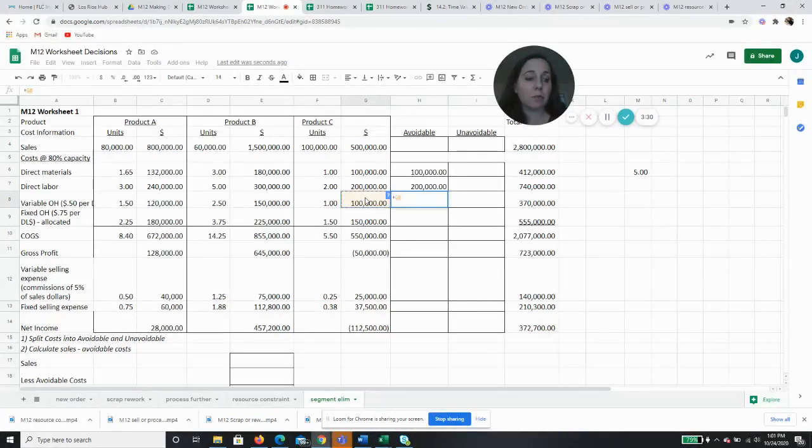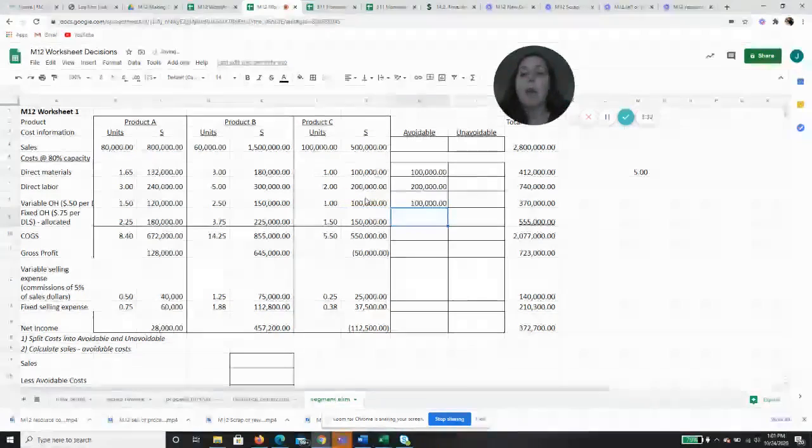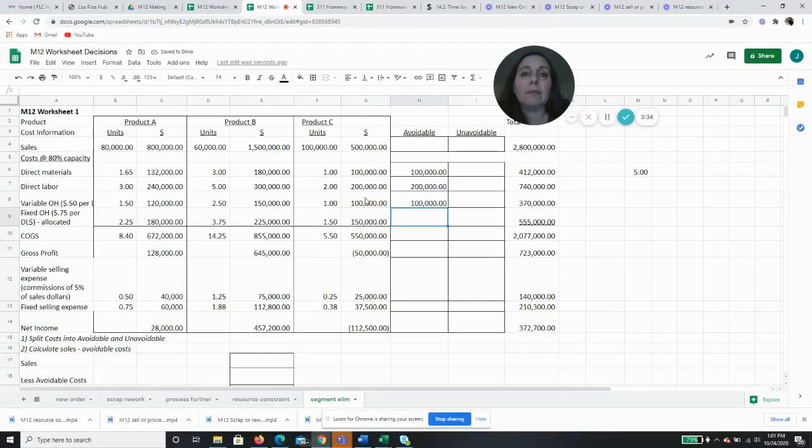And our variable costs are basically always going to be avoidable. What about our overhead? Okay, so if our fixed overhead is things like the overall rent on the facility, or depreciation on shared resources, or the plant manager's salary, I am going to incur that whether or not I make product C, okay? It just means I'm going to allocate bigger chunks of it to products A and B, but it's all got